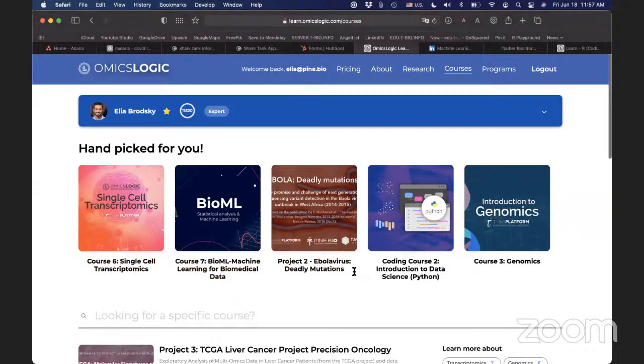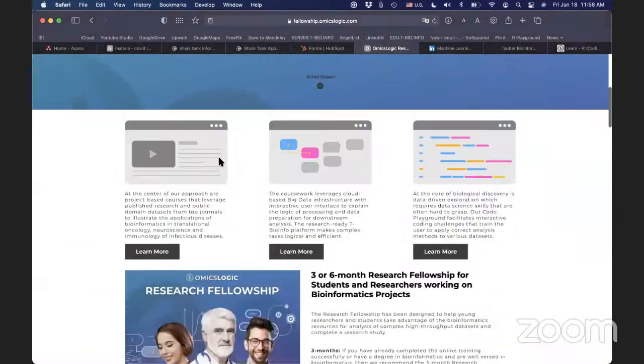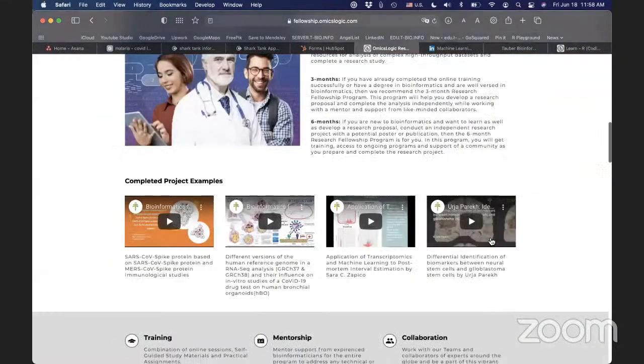And so we have a few examples. Or if you would like to develop an independent project in one of these areas, again, take a look at some of the examples that Sonalika shared in the blog. Those are examples of projects that students have completed in the research fellowship. So if you would like to develop something like that, you can go to research, and that tells you a lot of the information that you need to know of how this works and some of the examples down here as well. Yes, I'd like to develop an independent project.